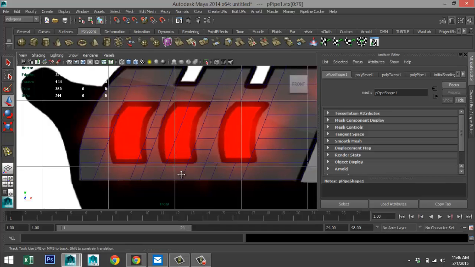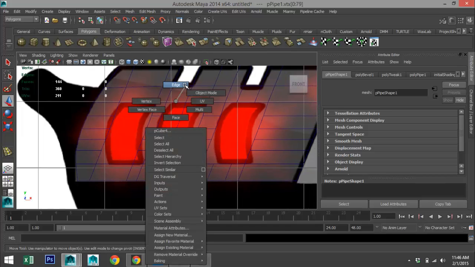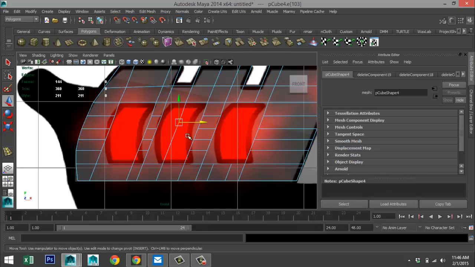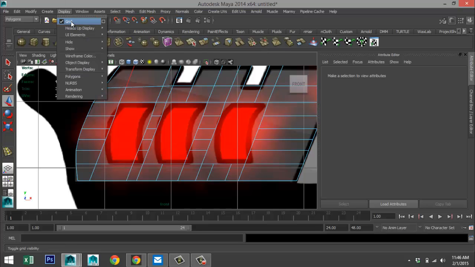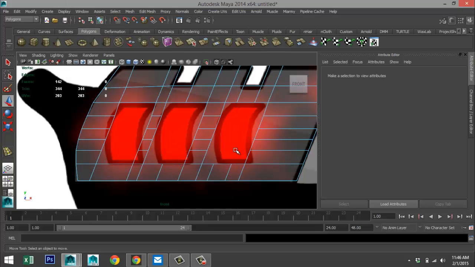Okay. So back to edges, right click edge, we go. And I'm just going to turn off my grid here, so we get a little bit better sense of what's going on. Okay, and now right click vertex.